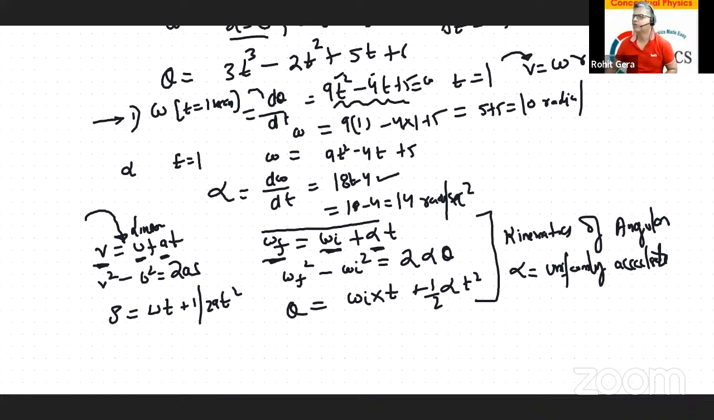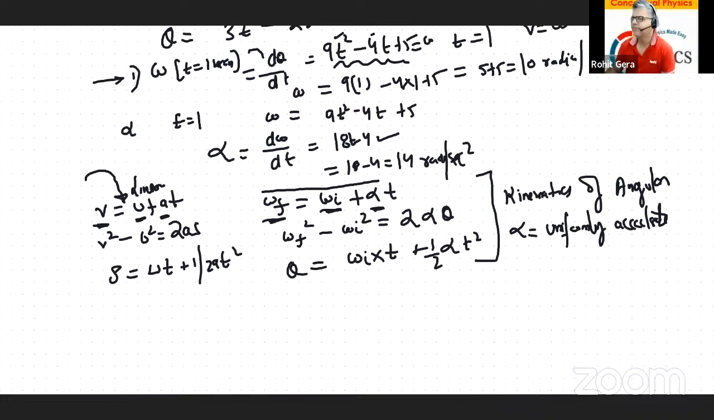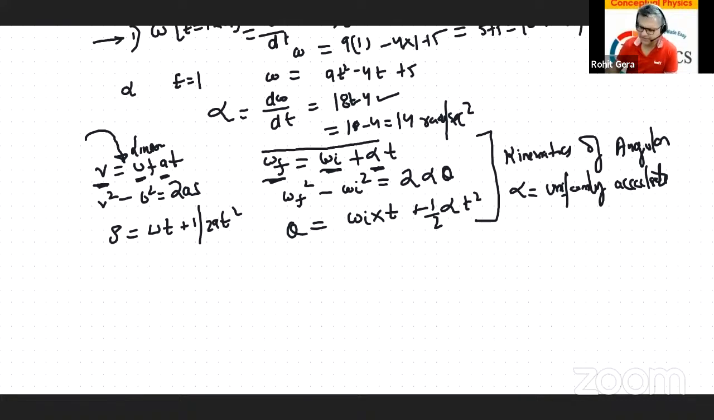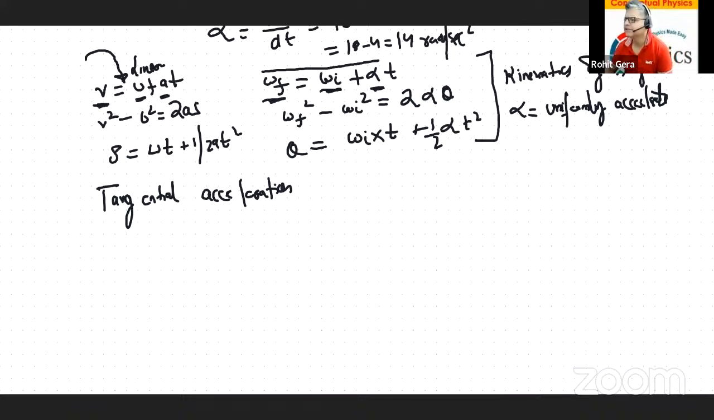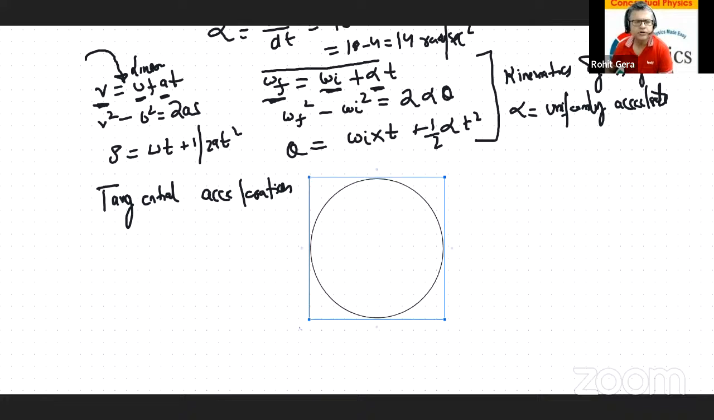So let's talk about one more quantity, which is the concept of tangential acceleration. If you see in the case of tangential acceleration, let me just draw the circle so that we can discuss it. Look at this. This is a circular motion and